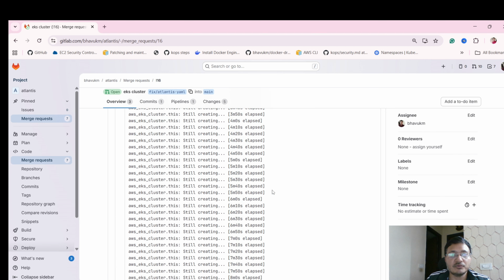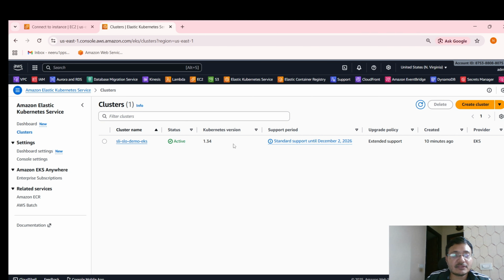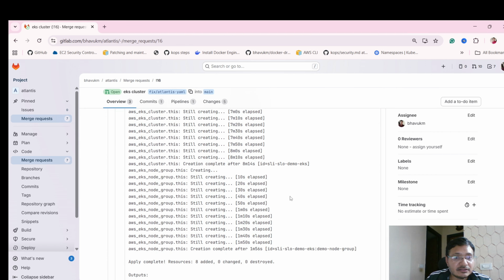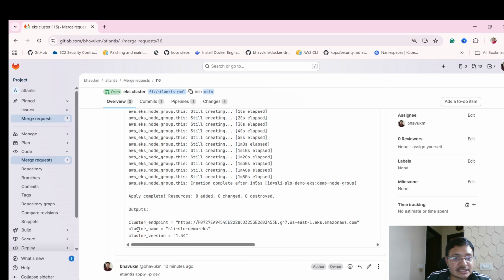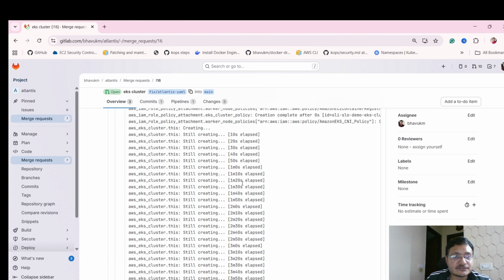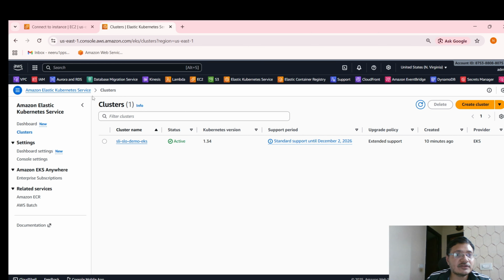in our AWS account. To verify, I can go to my AWS account here, and here you can see this was the name of the cluster as well. If you want to verify that part as well, you can check cluster name sli-slo-demo-eks, cluster version 1.34, and this is the cluster endpoint. So that's what it is. And apart from this, it also created other resources as part of the configuration. It created an IAM role as well,